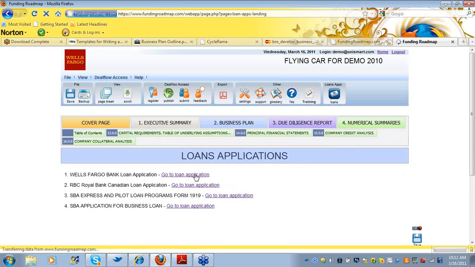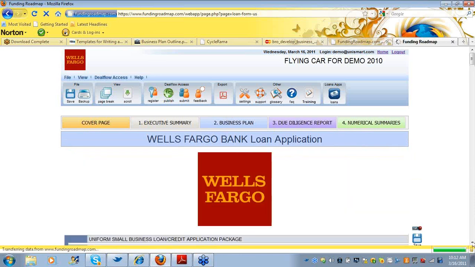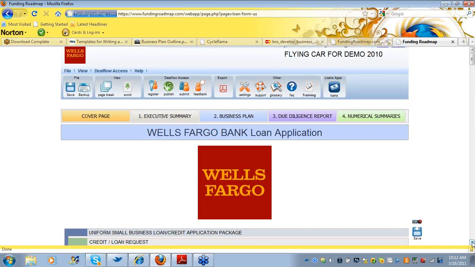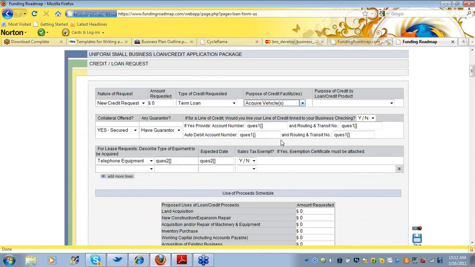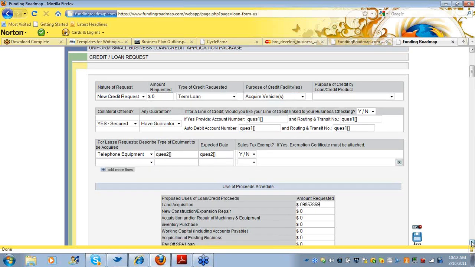We also built the due diligence report into the funding roadmap, which is also unique to our product, and this can be customized and branded and can be distributed from a bank's website. We built the loan application with the same drop-down menus and the same calculations that we built in the main report, again, to make sure that these were filled out correctly.